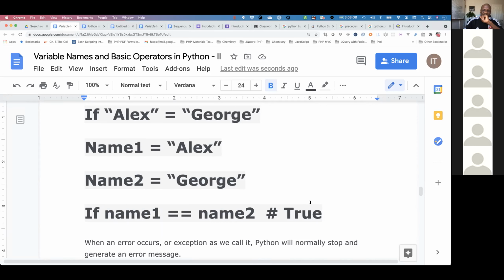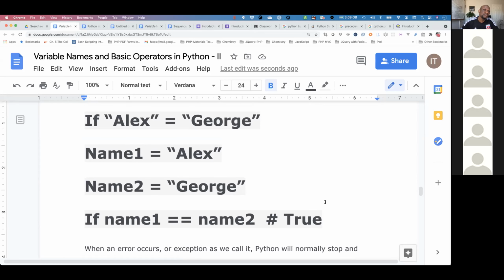Go ahead. I was going to say, if we say that if name 1 is not name 2, then we say true, else false. Yeah, that will twist things around, right? So name 1 is not equal to name 2, and name 2 is George. Then if you come here, this will be true if we were comparing the two. Of course, this was false before, right? Now it's going to be true.